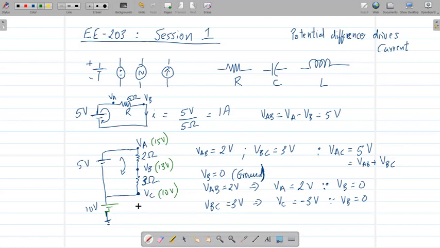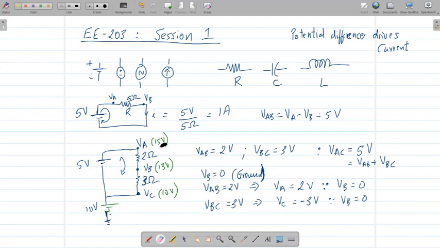So if I were to connect this path from either A, B, or C to ground, then that would be the potential difference. But right now there is no connection to ground, so there is no effect of this 10 volt battery on the system. It uniformly increased the potential by 10 volts, but actually it does not make any practical difference because there is no path that connects between the negative terminal of the battery to the positive terminal of the battery. So this is actually a non-functional battery. And the point is, when you see this kind of thing happening in your circuits, don't get confused by it.